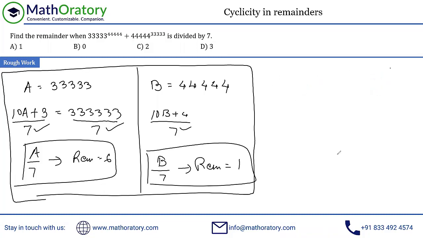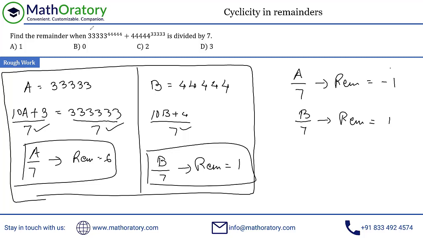So coming back to the problem. Now we know the individual remainders, right? In these kind of cyclicity questions, the objective is always to find the remainder of +1 or -1, right? We know that A, when divided by 7, the remainder is 6, but under the modulo of 7, so under the congruency of 7, the negative remainder is 6 minus 7, that is -1, right? And B divided by 7, the remainder is anyhow 1, so let's leave it at that.